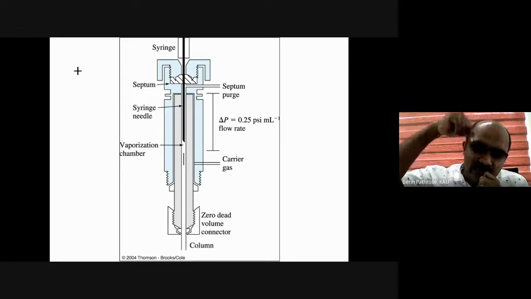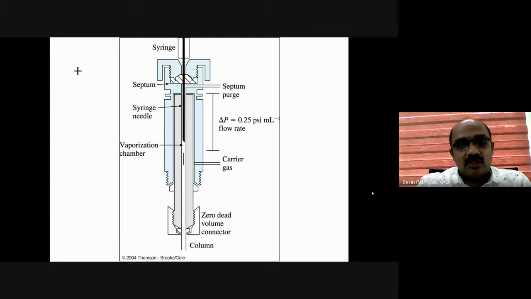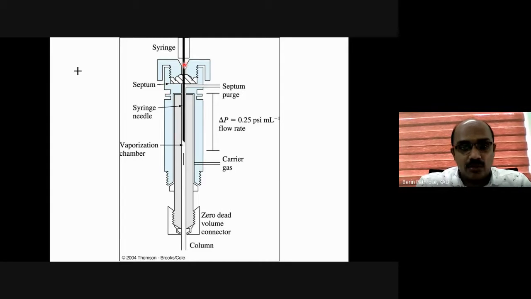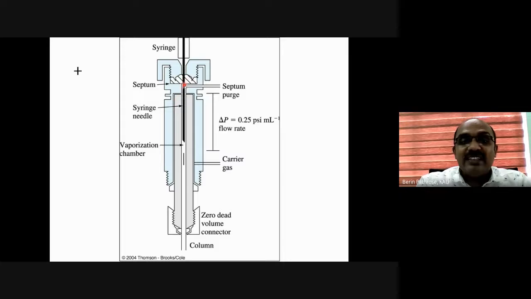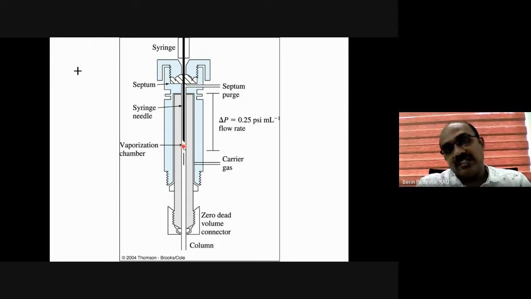And with that syringe, it's similar. We have a metallic needle at the tip, and what you see over here, this black solid colored one, this is the syringe. With this syringe we inject the sample into the injector. This is the injector, and it is injected through a septum, a silicon septum over here. What you see over here, this is a silicon septum. Through the silicon septum, the syringe will insert the sample into this injector.